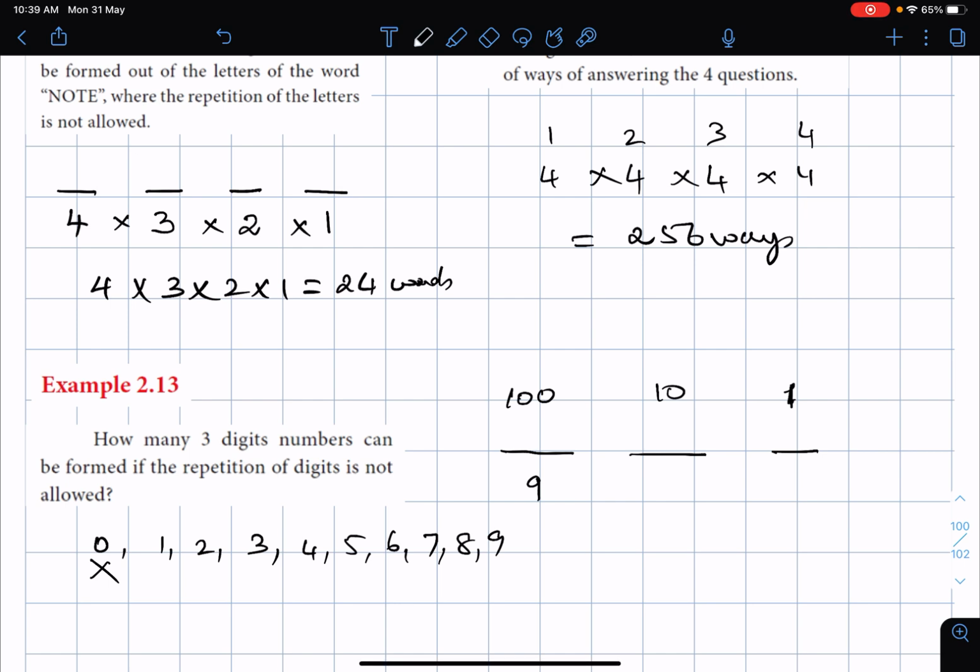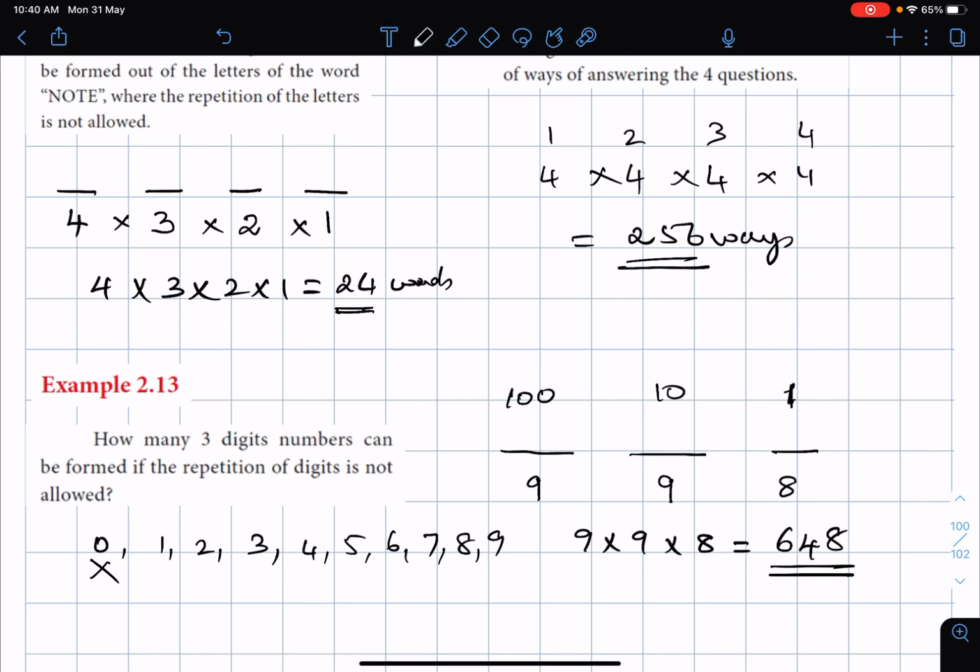And repetition is not allowed. So again out of these 10, 1 goes, and you will have the remaining as 9. In the 10th place also you will have 9, because out of 1 to 9 you have already placed 1, and of the remaining you have 9 including 0, so it will be 9 ways. Out of 9, 1 digit will go, and the remaining will be 8 ways. So how many ways can you have your 3-digit number? 9 into 9 into 8, that is 648. All this calculation you can do with your calculator. Business math students are allowed to use calculators.